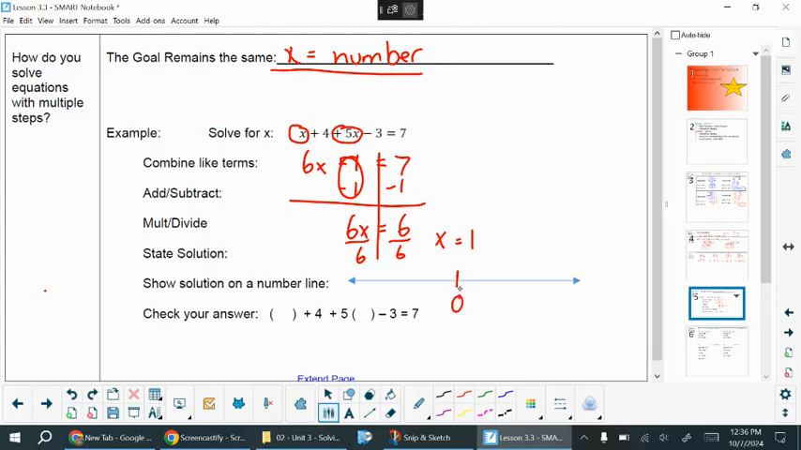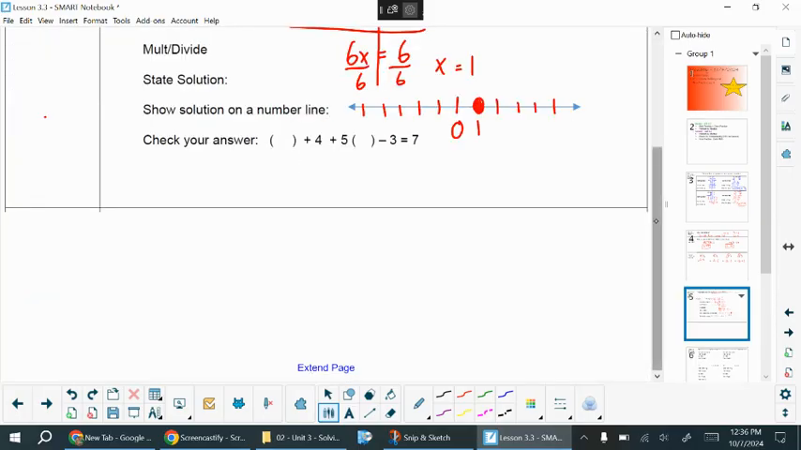And then we can plot it on our number line. So make sure you label 0, and I would label the number you're going with. From there, we'll go ahead and